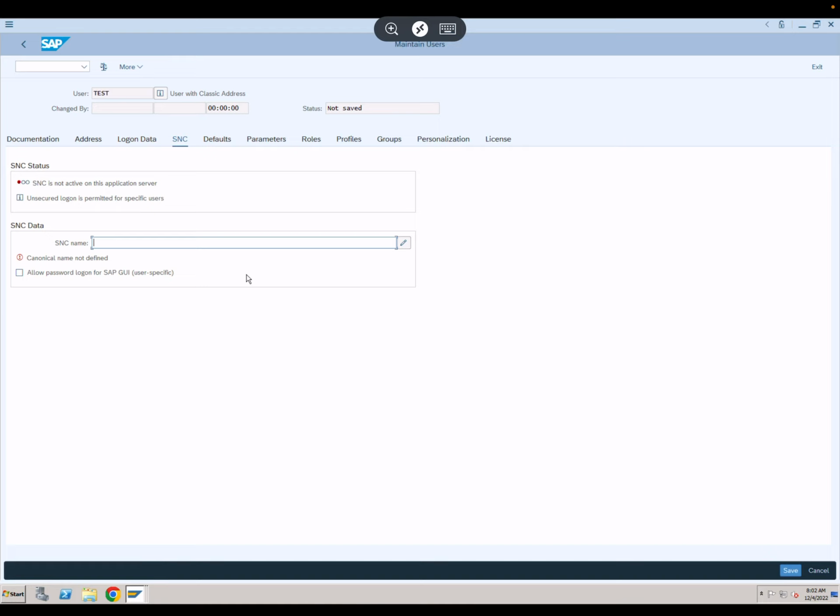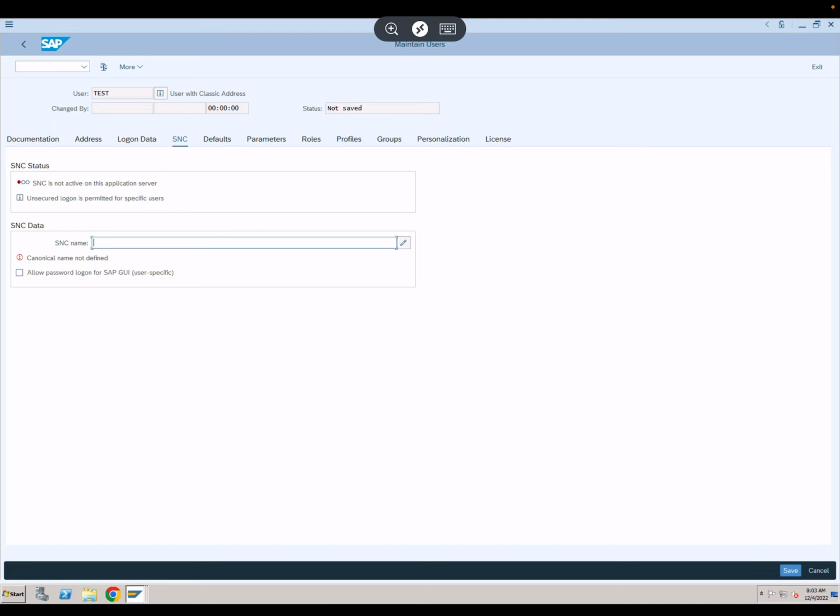Coming to another field here, I think this is SNC. It's not mandatory, and SNC here is not the SAP SNC system. It is the secure network communications kind of service, which is used for single sign-on, where you use SAP cryptographic libraries, encryption and cipher suites, which encrypt whatever data is being transmitted. This is the whole encryption and cryptography thing here. It is also used for HTTPS and the single sign-on mechanism. So if you have SAP SSO configured, I think you would have SNC maintained here as well, which would be needed for SSO to work for users.